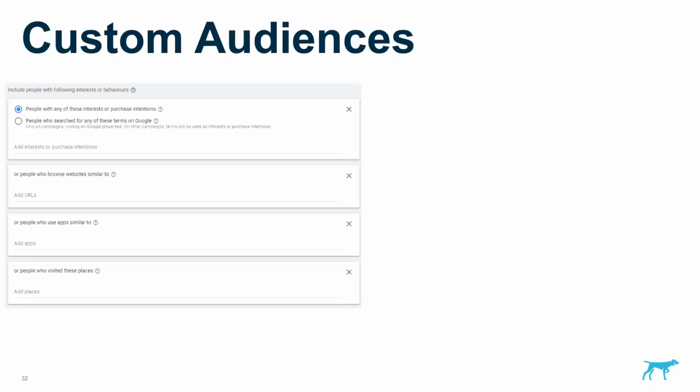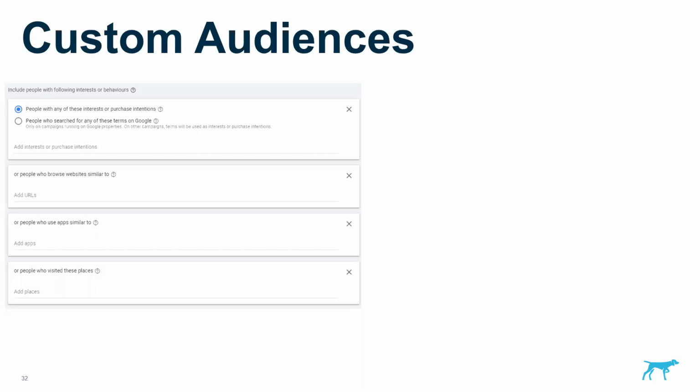But what they've now given us the ability to do is create our own custom in-market audiences based on keywords being searched for on Google, people who have been browsing certain websites or websites of a certain category, people who've been using apps of a certain category, or people who have been visiting actual physical locations.